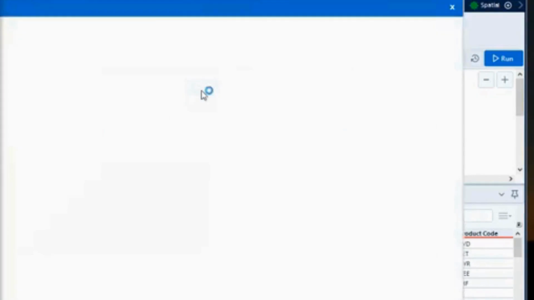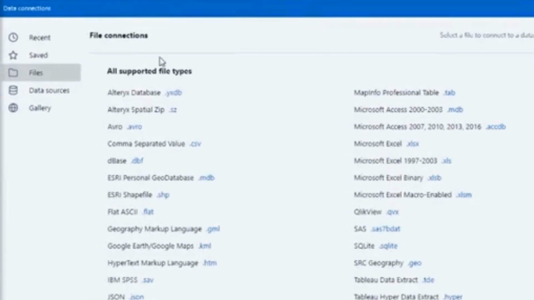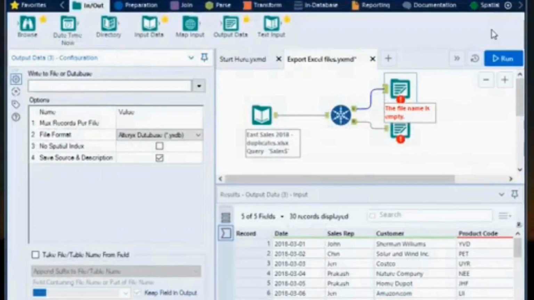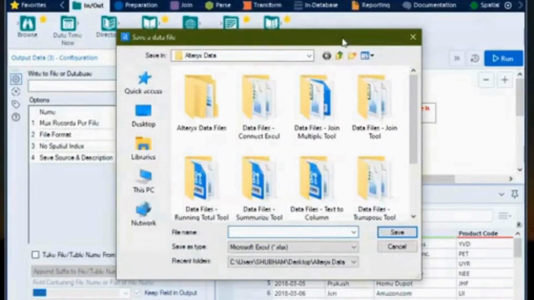Just click on this drop down. It will open a pop-up window where it will ask you about the file, or the path. Go to file. Now click on select file. It will open a pop-up window,